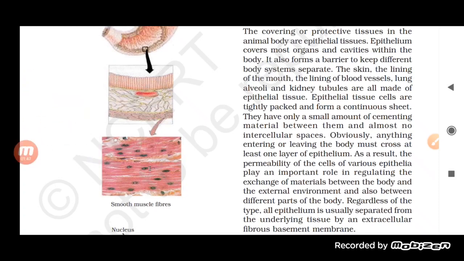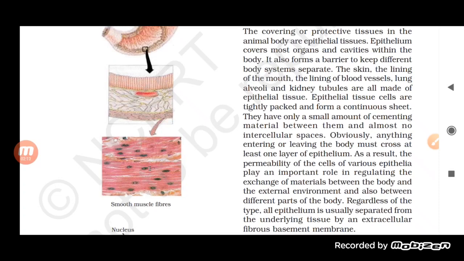Now see here, the epithelial tissues are basically tightly packed, and they are like a continuous sheet. Okay, so a very small amount of cementing material is present between them, and you will find that actually no intercellular spaces are present there. Yes, that is why it is a continuous sheet here. Now anything which is leaving or entering, obviously it will pass through the